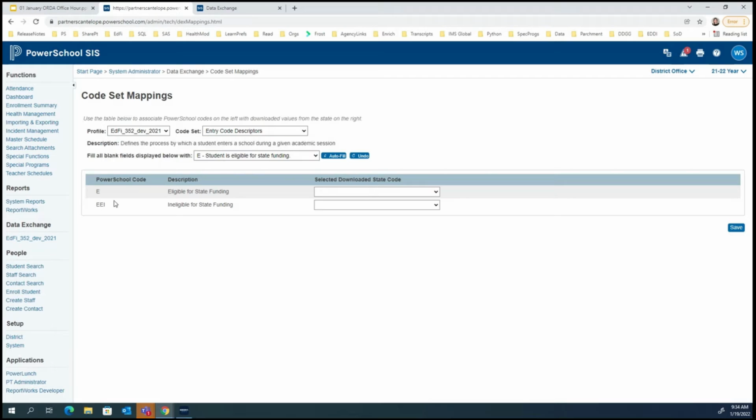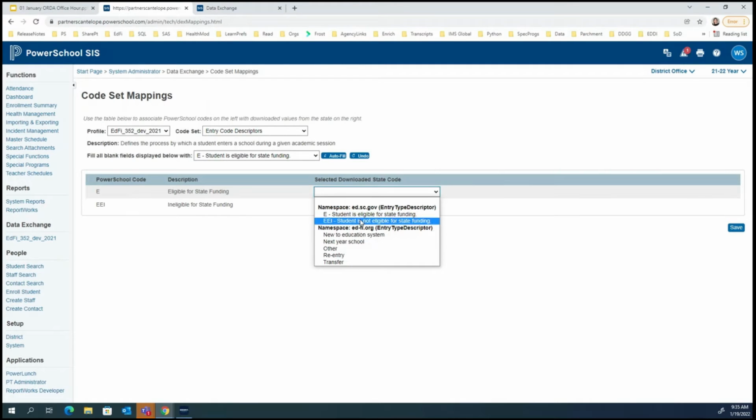So here we have our PowerSchool code. So this is E or EEI. We have the description of what that is. And then we have this drop down. Now this one's interesting on this server. Hopefully you're not going to see these two different namespaces here. You'll notice that one looks like our website for South Carolina Department of Ed. We'll say that's South Carolina namespace codes. And we have another one that's EdFi namespace codes.